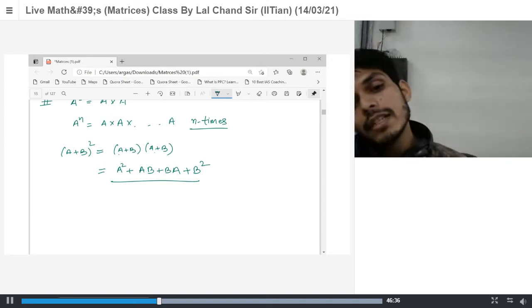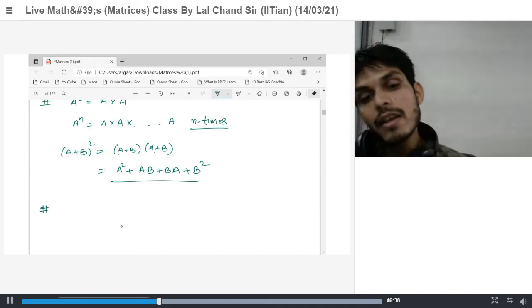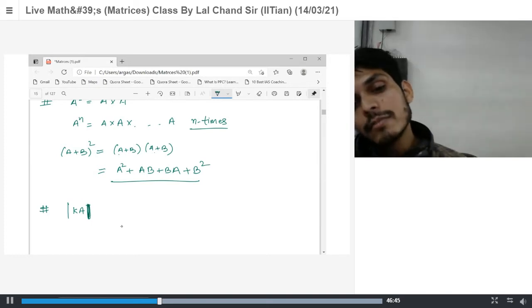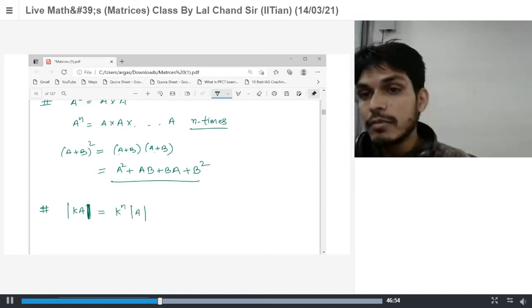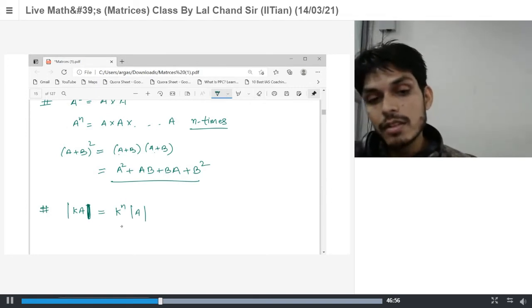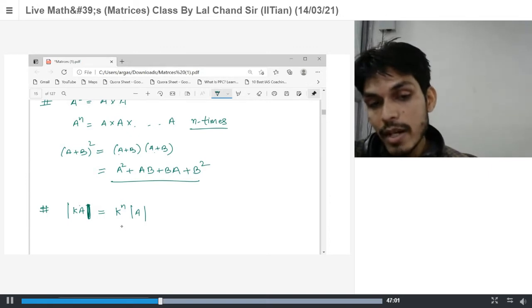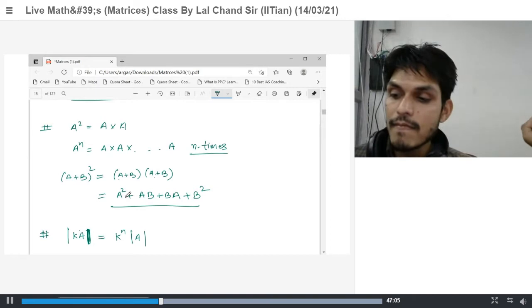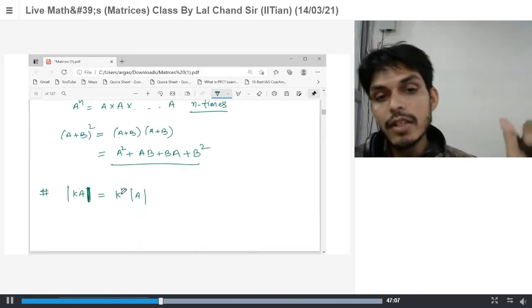And one more important property. If I have determinant value of K into A, this is the determinant. So this is equal to K to the power n into determinant value of this matrix. Okay. So here the matrix is multiplied by K, so scalar multiplication of the matrix. So now let us talk about